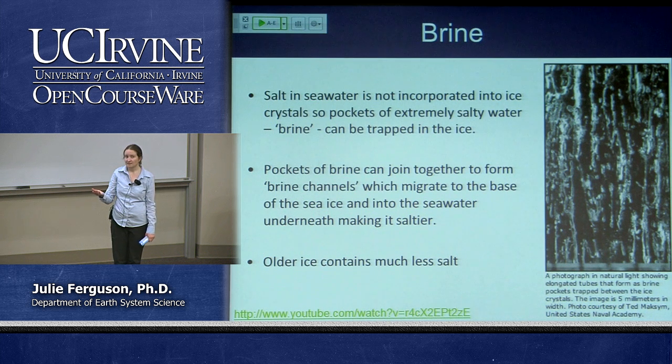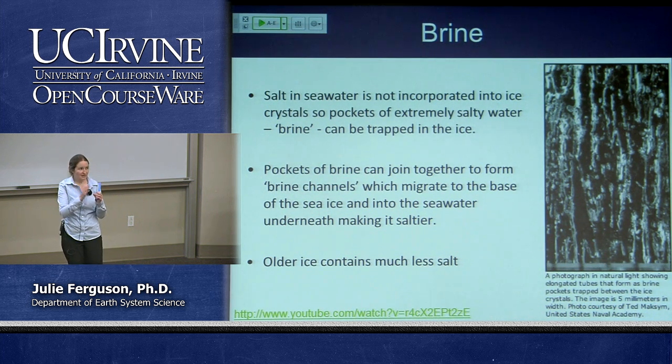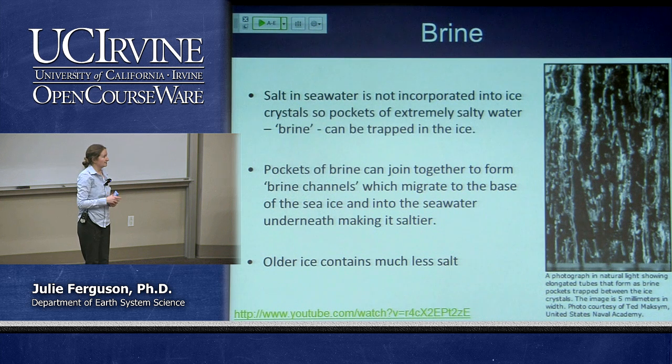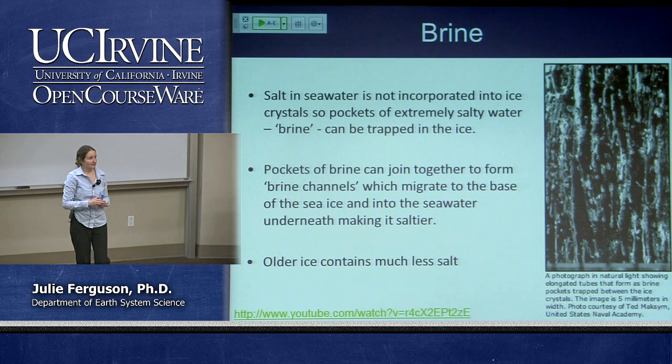It decreases. So if we keep increasing the concentration of salt left behind, especially in the little channels between the different pieces of ice, then we can get really high salinities, ridiculously high salinities, and that can prevent the remaining really salty water, which we call brine, in between the ice from freezing, okay? And so that brine is sort of trapped in little bubbles or channels as that ice builds up. And eventually it sort of joins together and trickles down and seeps out at the bottom of the